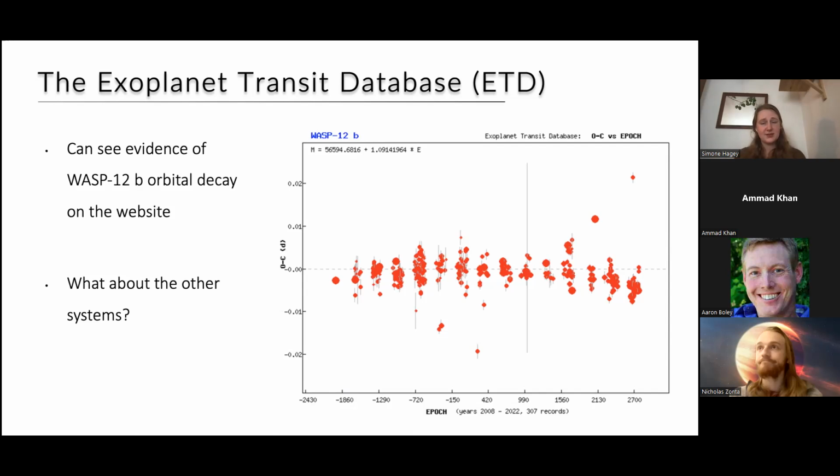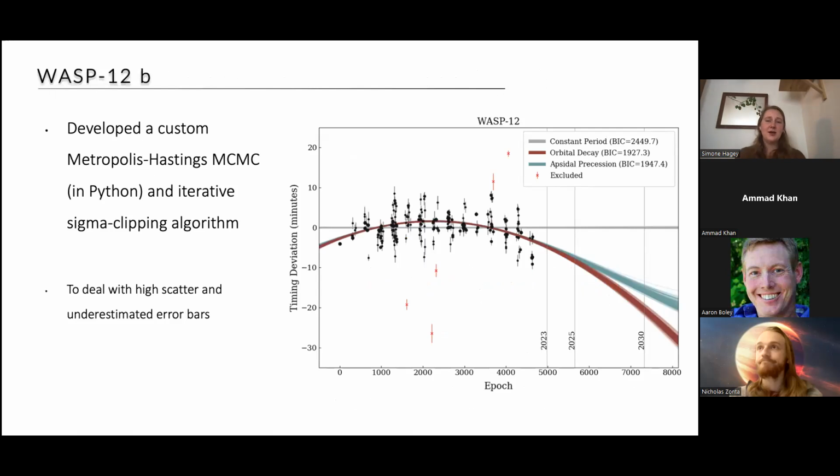So what about the other systems? Can we use the data in this database to search for other systems that could be decaying? So we developed some methods for analyzing this data. We have a custom Metropolis-Hastings MCMC routine that's built into an iterative sigma clipping algorithm. And that's what we use to scan through all of the targets and search for statistically significant quadratic curvature in